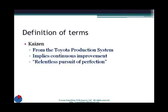Definition of terms. Kaizen is a Japanese term that comes from the Toyota production system. It implies continuous improvement. One of the definitions I've had is you take something apart, you examine it, and you put it together for the benefit of all. It's also the relentless pursuit of perfection. Because it's good today doesn't mean it's not going to need to be better tomorrow, so it's that relentless pursuit